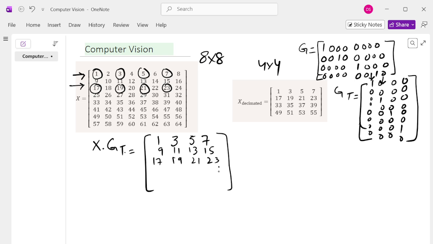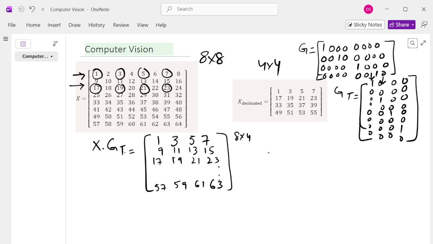So in this way, if you continue, finally you would be having something like 57 59 61 and 63. If you would be looking at the size, this would be 8 into 4. Why? So there would be 8 rows and 4 columns. Now we again have to decimate this xg of t along the